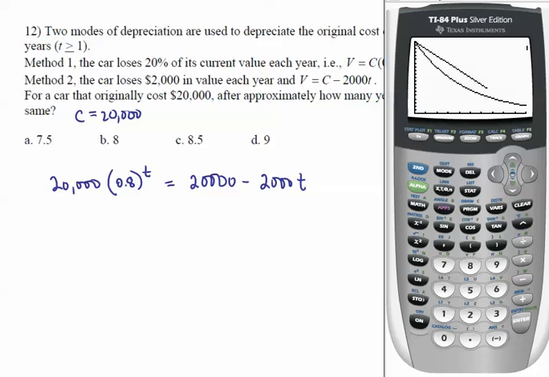We go to graph it, and we can see that they will have the same value at the point of intersection down here in the lower right hand corner. To find that, we're going to hit second trace number 5 for intersect. That's the first curve, that's the second curve, and we just move a little bit closer to the place where the intersection occurs and hit enter for guess, and we end up with 8.499, and that is roughly at 8.5 years. So the answer C would be the optimal answer here